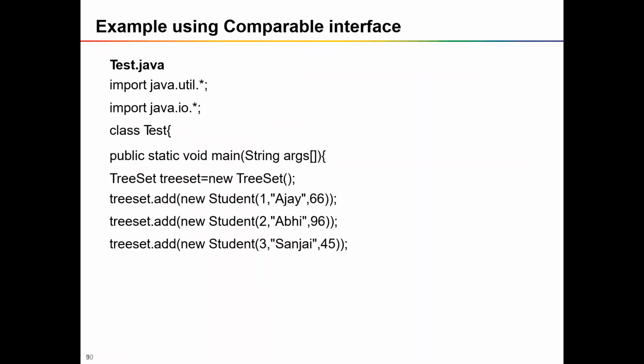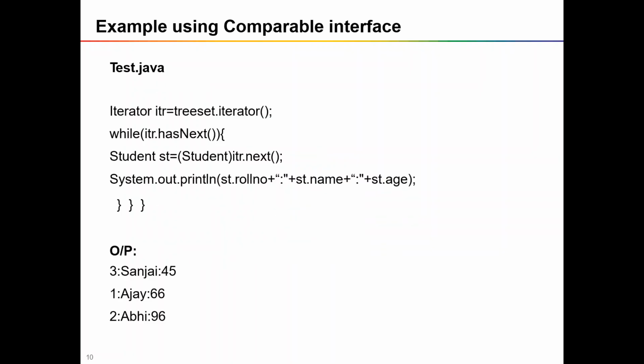Now that comes under the main class. In the main class we have a main method with the TreeSet. Here we are adding objects of the Student class. We are adding three objects. For each and every object, our compareTo method will be invoked. It is going to perform sorting based on the marks of the Student object, right?